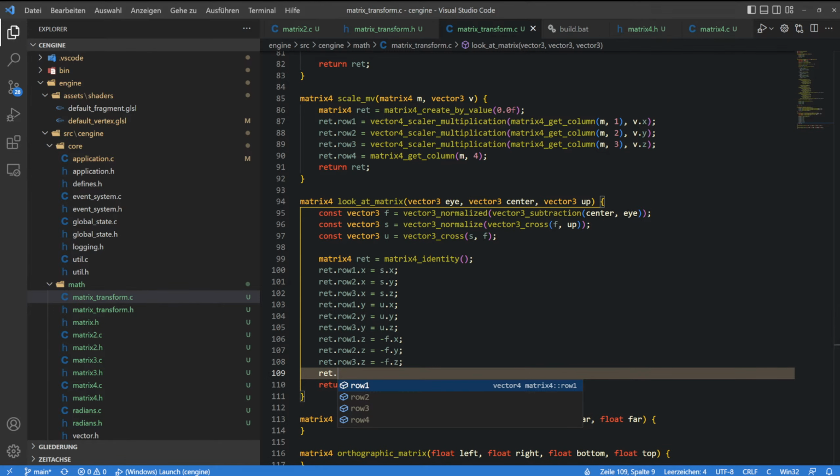Let me do it. Bro, I really need a pause. Red dot row 4 is equal to,